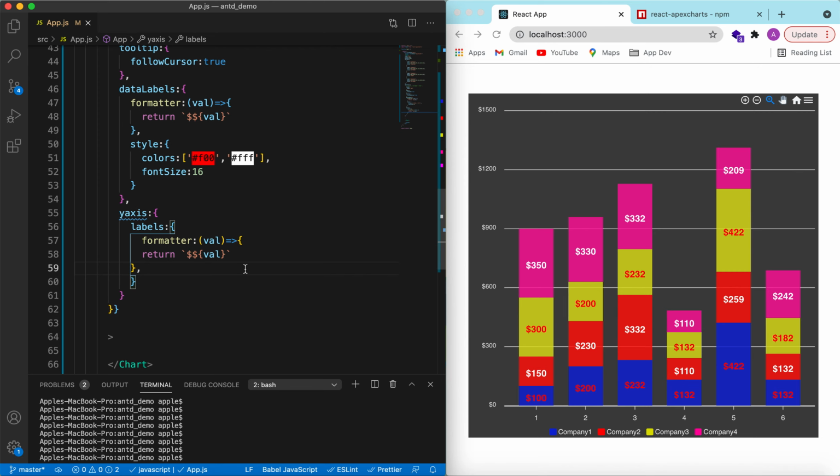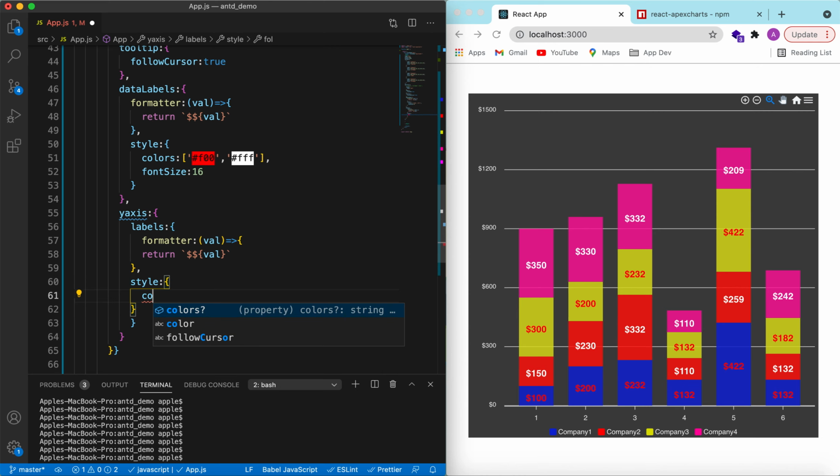And similarly we can add the style as well. So suppose we want to say that its color is also, suppose, let's add red here as well. Here you go, or maybe white looks good. Okay, so we can update the colors,